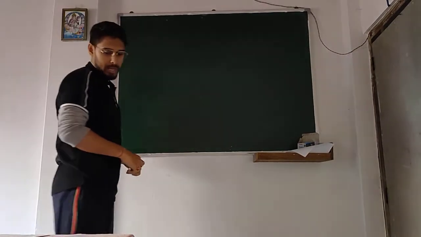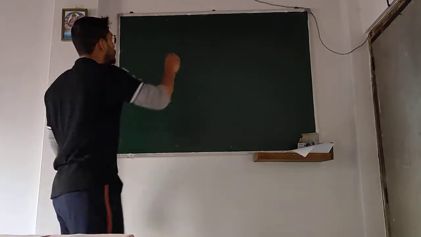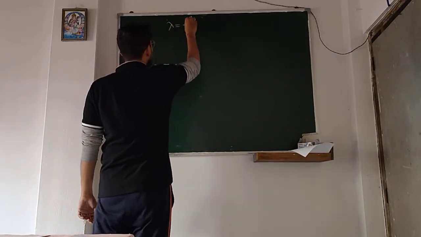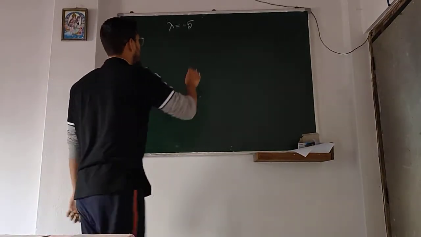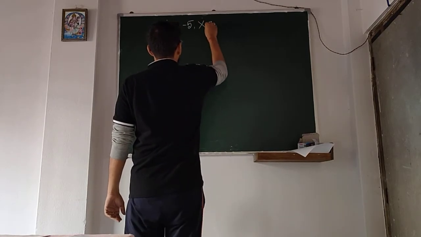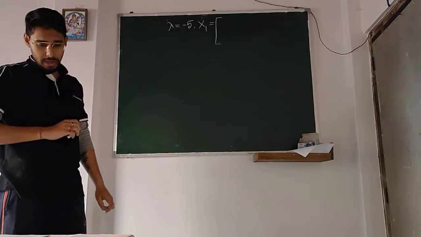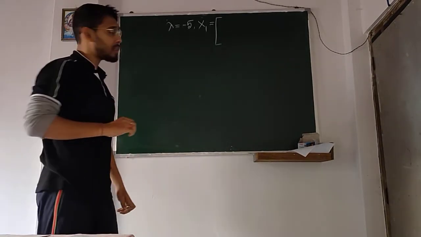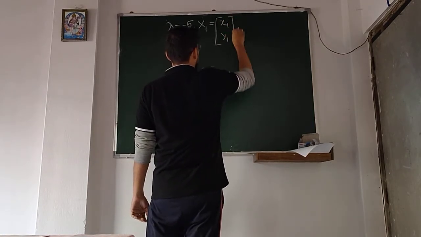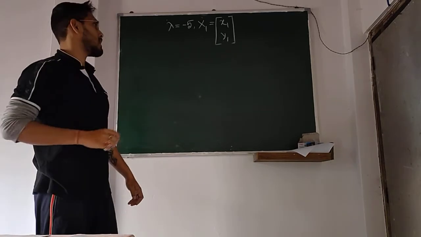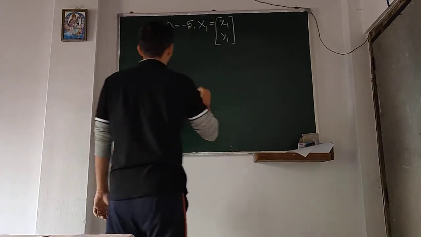So when we are taking lambda equals to minus 5, this is the first eigenvalue that we have taken, and let us say the vectors related to that can be compiled in this format where x1 is the variable matrix which consists of two variables x1 and y1. Why x1 and y1? Because this is a 2 cross 2 matrix, so I believe there are two solutions that will come. So if I put it in this manner,